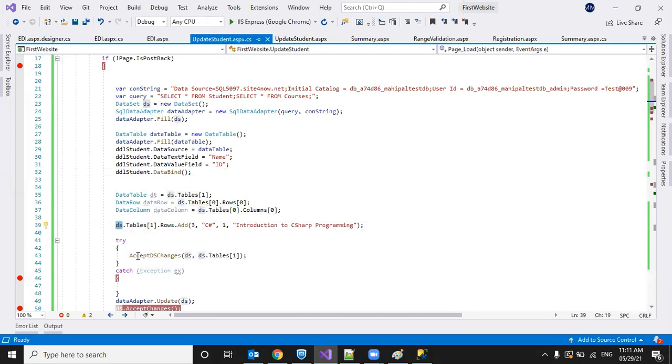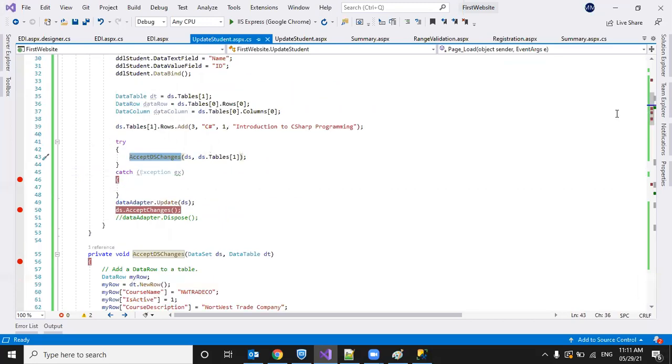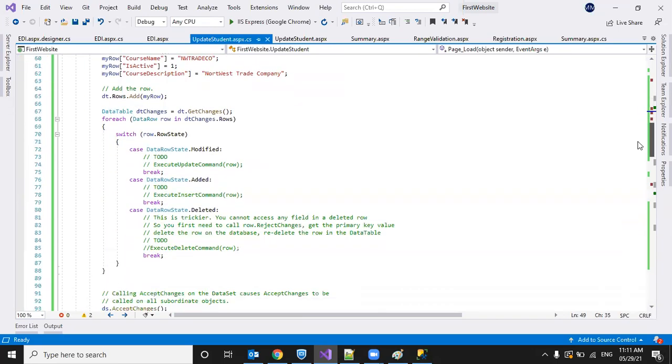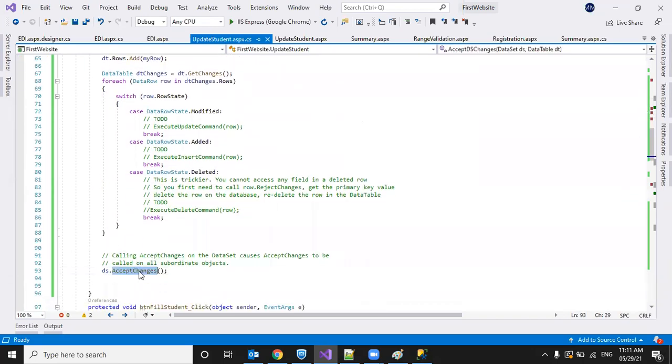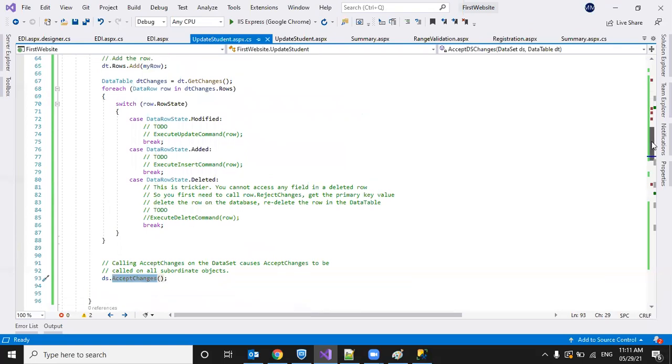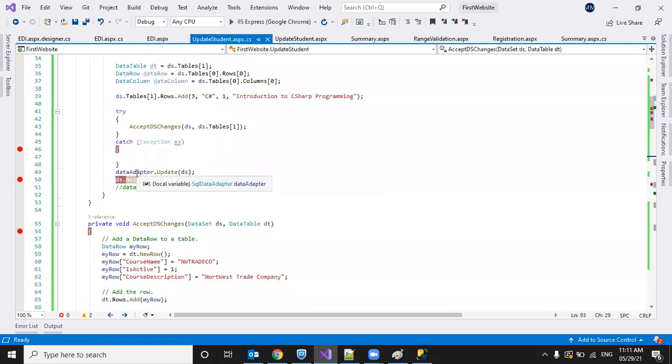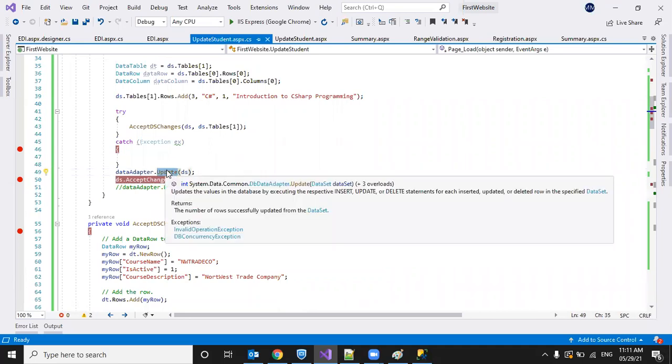To save that, we can use the accept changes method and the update method of the data adapter. You can refer to it: we have the accept changes method like ds.AcceptChanges, and another method called dataAdapter.Update. To use this update method, we have to specify the insert, update, delete statements.